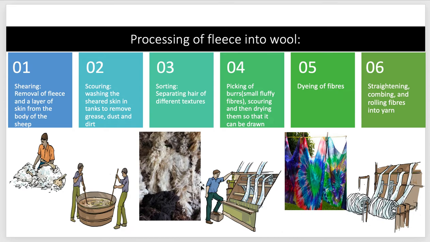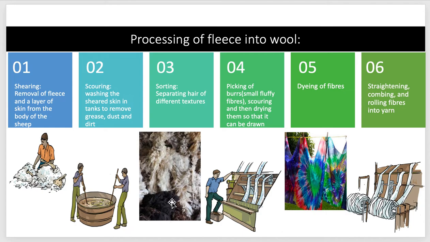I told you that there are two types of hair on the sheep body: the coarse beard hair and the fine hair near the skin, that which is called fleece. Sometimes all of this is mixed up, and also while shearing, the person does not keep aside the fleece and the beard hair if he actually removes that also. So sorting is the step where all these different textures are sorted. They're sorted on the basis of color and texture.